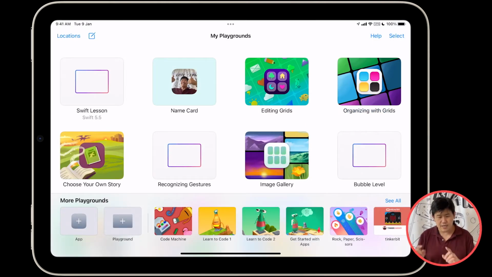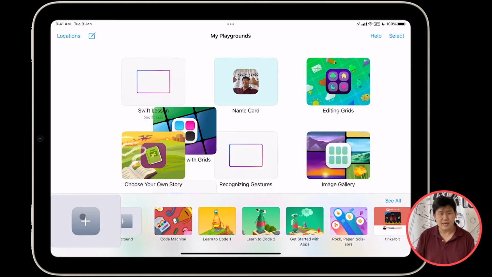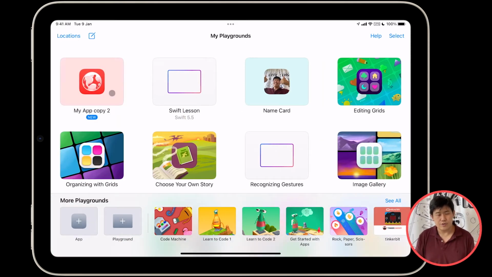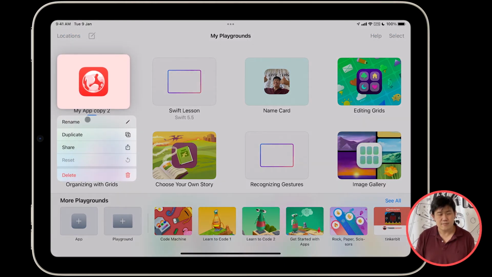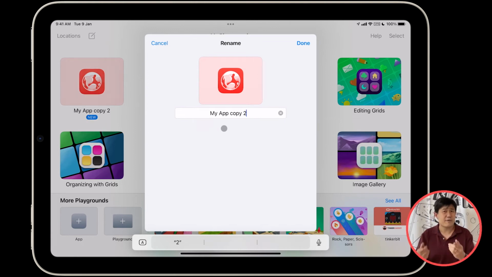Right here, you see my iPad. I'm going to go down to New App, tap on it, and I'm going to, as always, tap and hold and rename it. So once again, I'm using a trackpad. If you're using an iPad without the trackpad or a mouse, you can just go ahead and use touch. But I do recommend that you get a keyboard to code on. Otherwise, it's just going to be kind of annoying to see a keyboard take up about half the screen while you're coding. All right, so over here, I'm going to rename this to counter, and I'm going to tap on